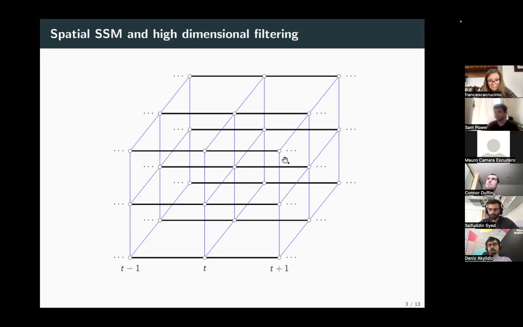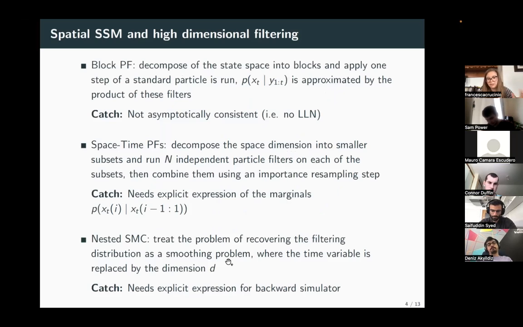You can also guess from this picture that they tend to be fairly high dimensional because we have grids. This is just a 3x3 grid, so a very tiny one. But we are talking like 100 sensors, or 1,000 sensors. So you get very high dimensional latent states. And we know that the bootstrap particle filter kind of collapses when you have very high dimensional problems. And because this is a very common problem, of course, there are already solutions out there. I'm mentioning the three most closely related over here.